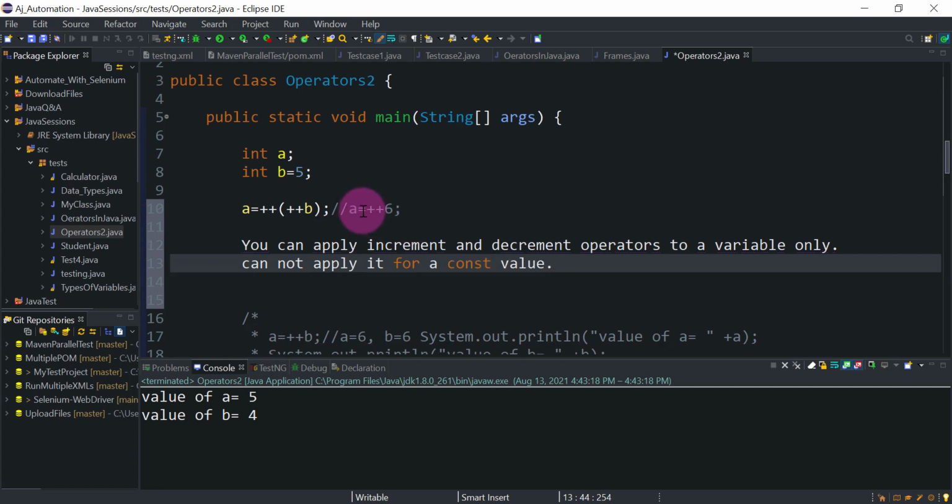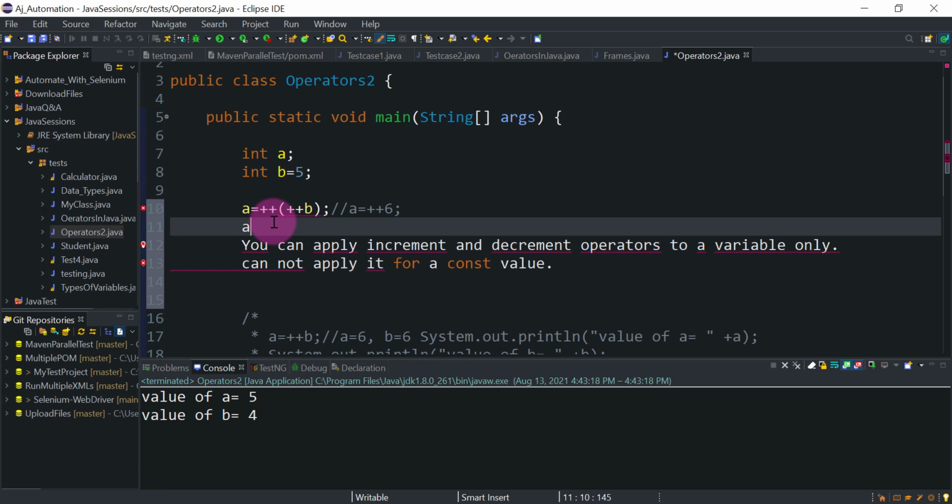Okay, a constant value like this. So that's why we are getting the error in this expression. Even if you write like this, a equal to ++5, it is giving the error, right?